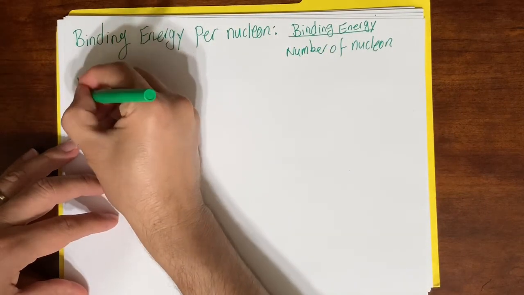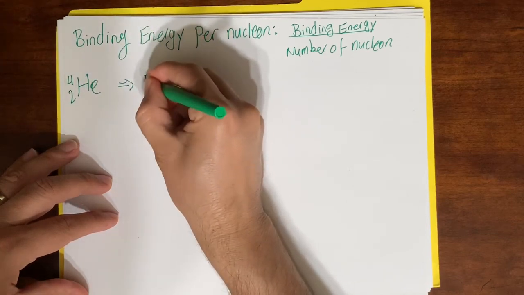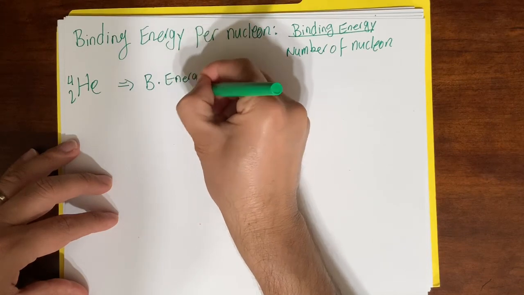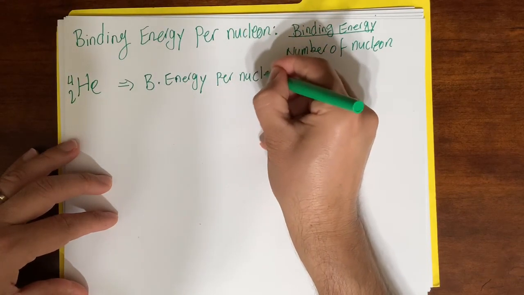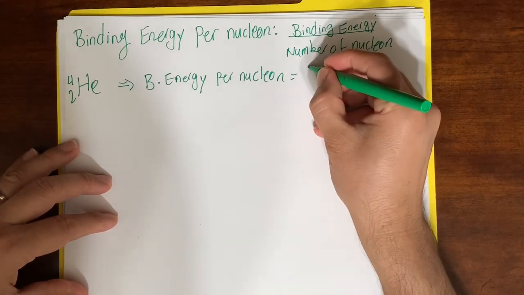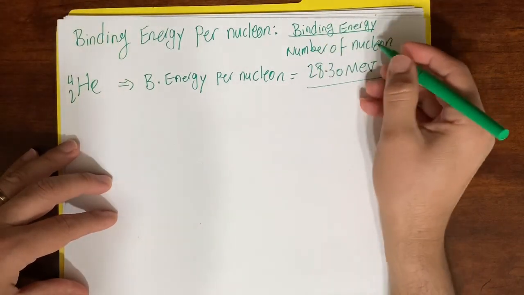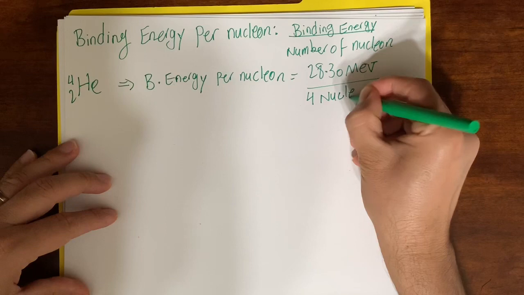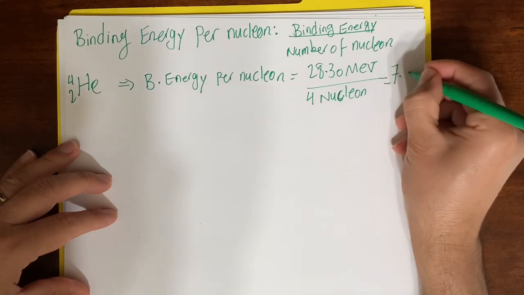So for helium, the binding energy is equal to 28.30 mega electron volt. We have 4 protons and neutrons. And this one will be equal to 7.075